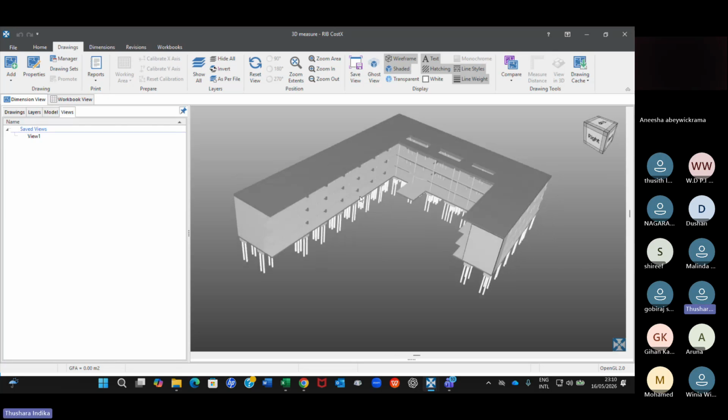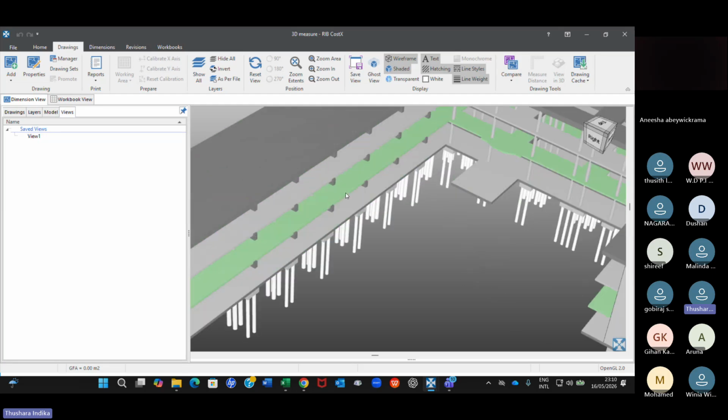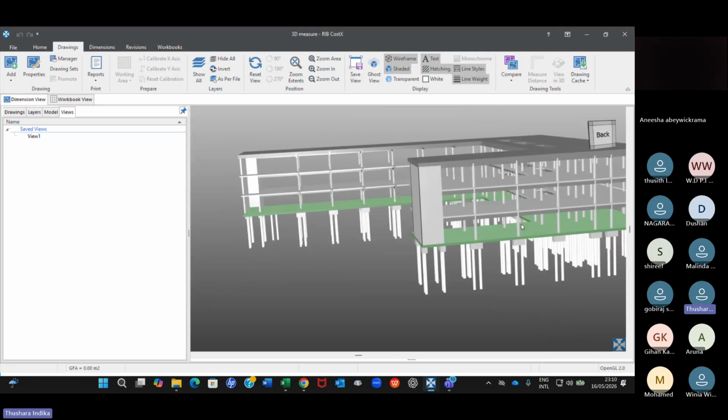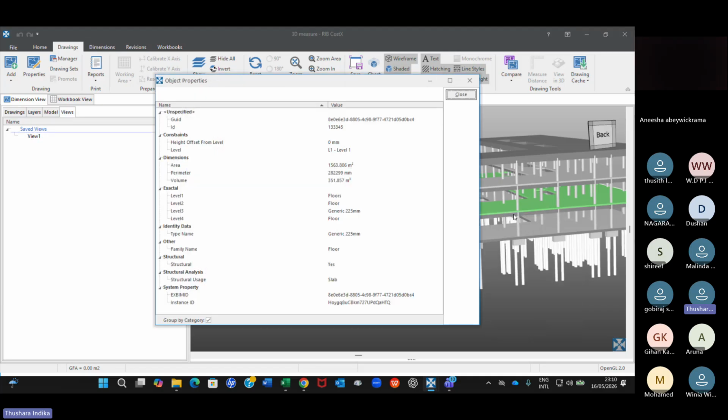And now you can see, when you move your cursor, some of the elements become highlighted, right? Some of the items become green. And when you click on that, or right click on that, you have selected this green slab. And if you want to see the properties of that object, because this is a 3D model and these are objects, right? Then when you click on the object properties, now you can see